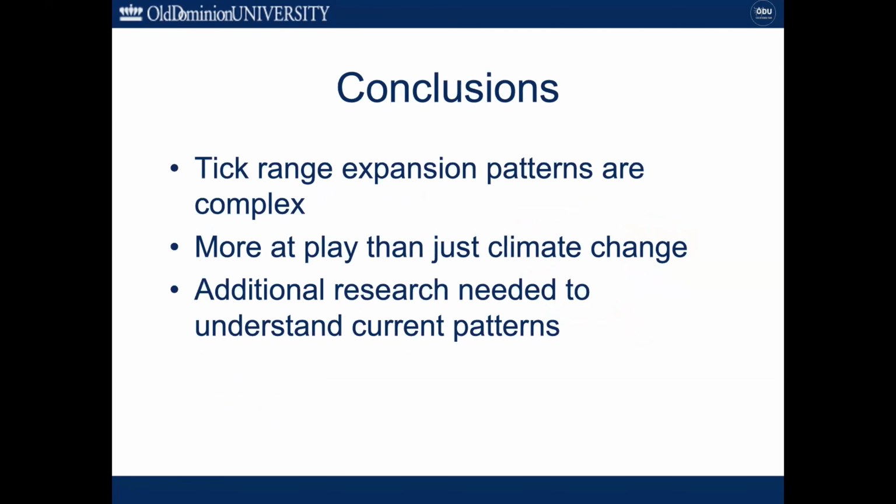And we have looked, by the way, at their genetics to try and understand if we could use population genetics to understand where they came from. And I think the scientific term is hot mess. They're just a complete panmictic, total mix of genetic types. So there's not a clear, this came from there kind of thing. And so we're really trying to understand these patterns and understand where they're going and getting the word out,